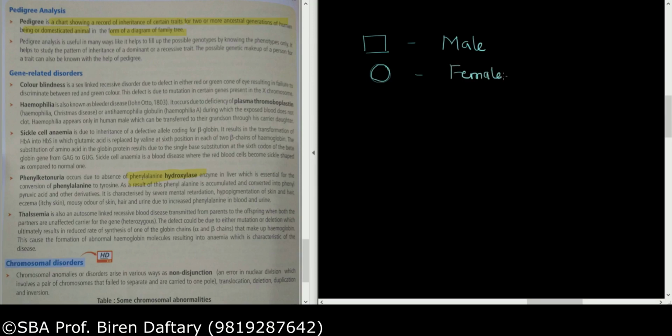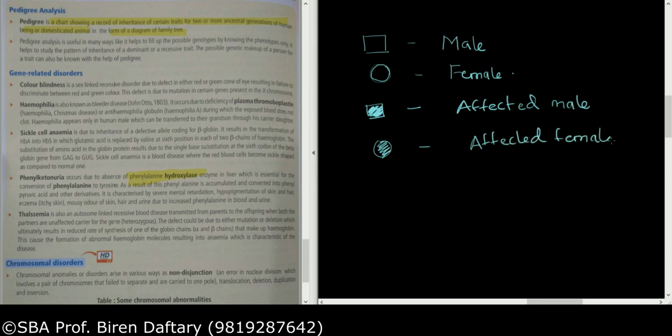Okay. Now suppose I shade this male, then this is an indication that the male is affected. Affected indicates that the male is suffering from the disease. So say, for example, this male has normal vision, and this male has color blindness. So I will show the box as shaded. Similarly, if I want to show an affected female, I have to shade the circle, so that denotes an affected female.